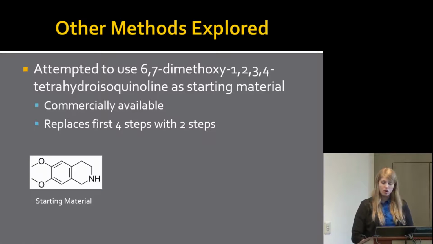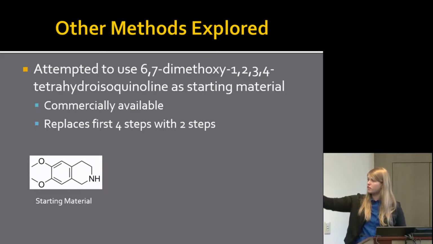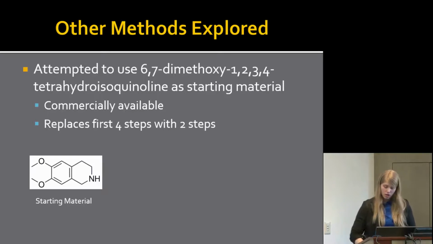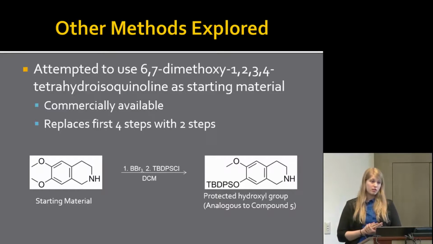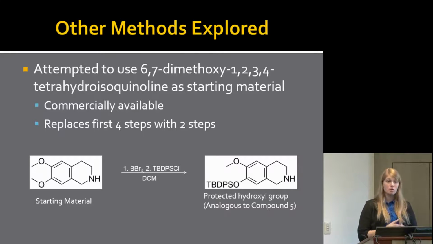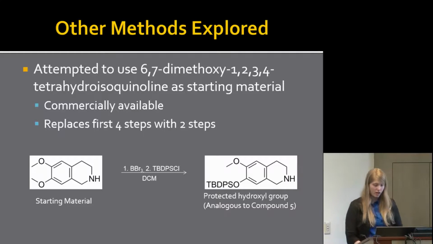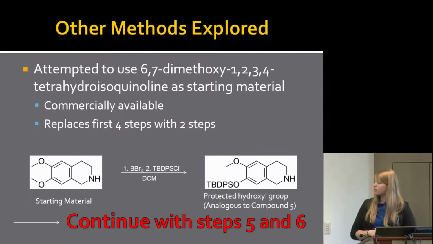With this molecule, you have 2 methoxy groups instead of a methoxy group and a protected hydroxyl. So what we wanted to do was selectively cleave one of those methoxy groups, which is where we were hoping to use BBr3 or a similar compound, and then protect it with TBDPS. TBDPS is analogous to a benzyl group. They do have the same function in this, which is just protecting that hydroxyl. Then we would have continued with steps 5 and 6 of that synthesis, and it would have been much shorter